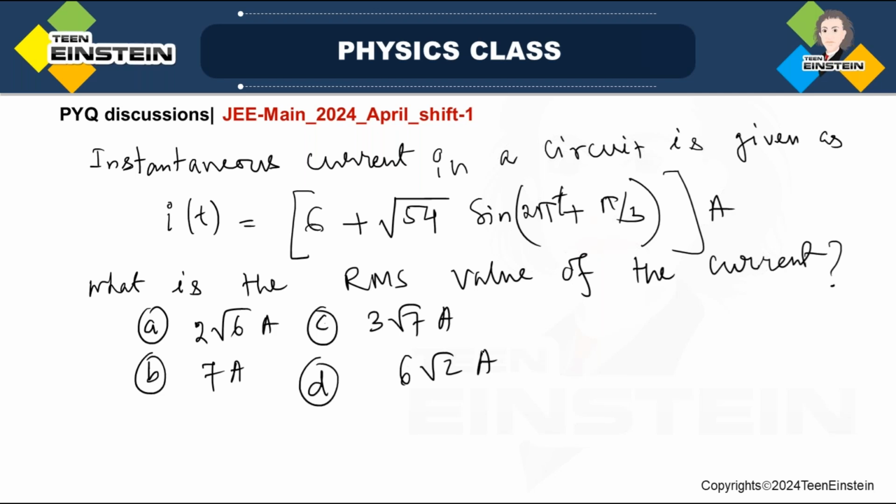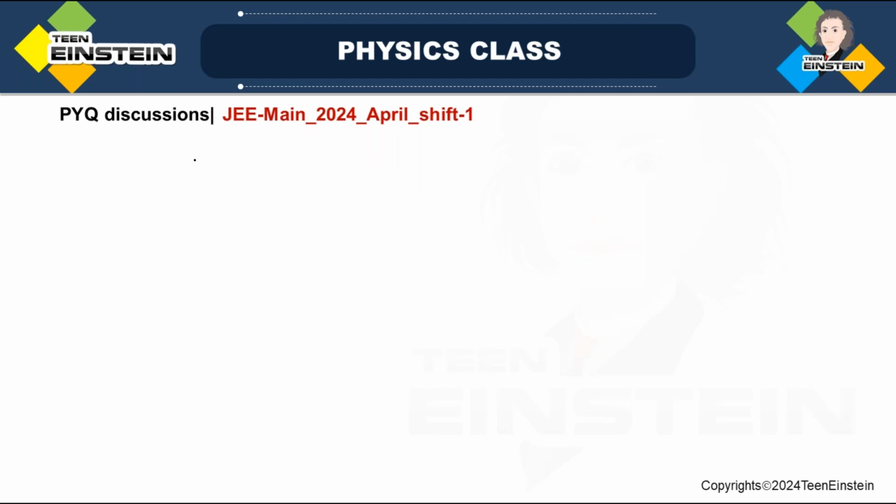Okay, so this is a very interesting problem. You have to find out the RMS value. You can see that there is a term like this. When you have only this part, this is the peak value. But in this case, I cannot say this is a peak value, this is another peak value. And also, this has the dimension of current. So I can say this equation is a kind of I1 plus I2. Okay, so I2 is actually